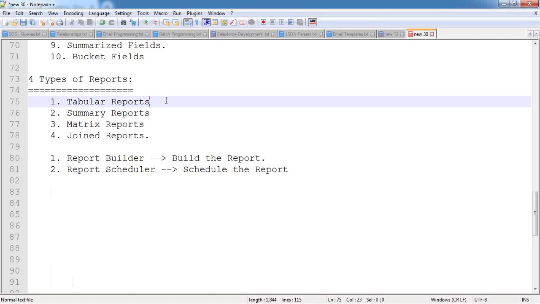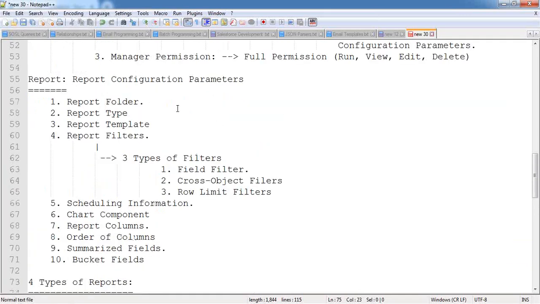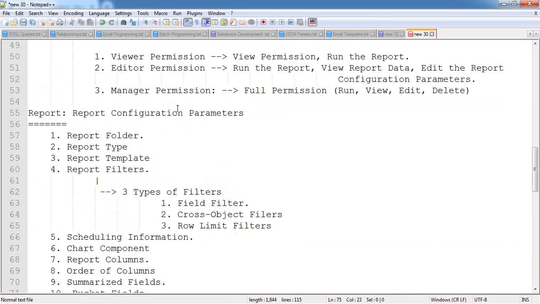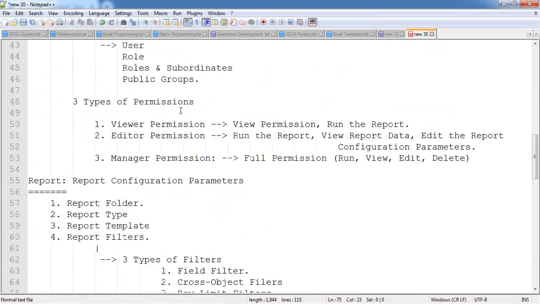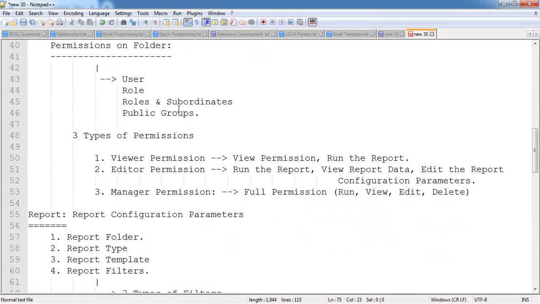So in the last session, we discussed the reports and dashboards. What exactly is a report, what exactly is a dashboard, and what is the difference between a report and a dashboard,